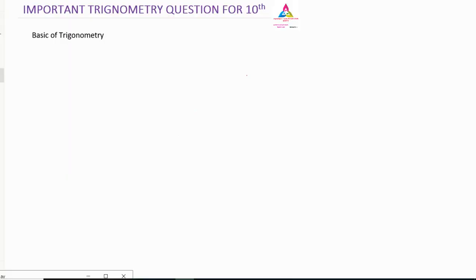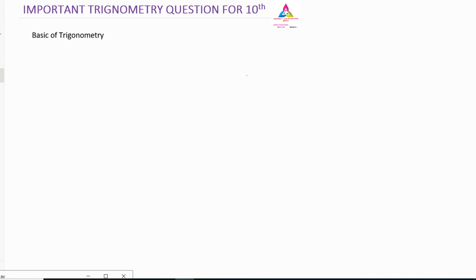Today we are going to learn an important topic called trigonometry, which are the important questions and how to solve them, because trigonometry questions come from outside the textbook only. So when one question is given, to solve it you must know the basic things and also the important questions which are not there in your textbook. So we will learn one by one.